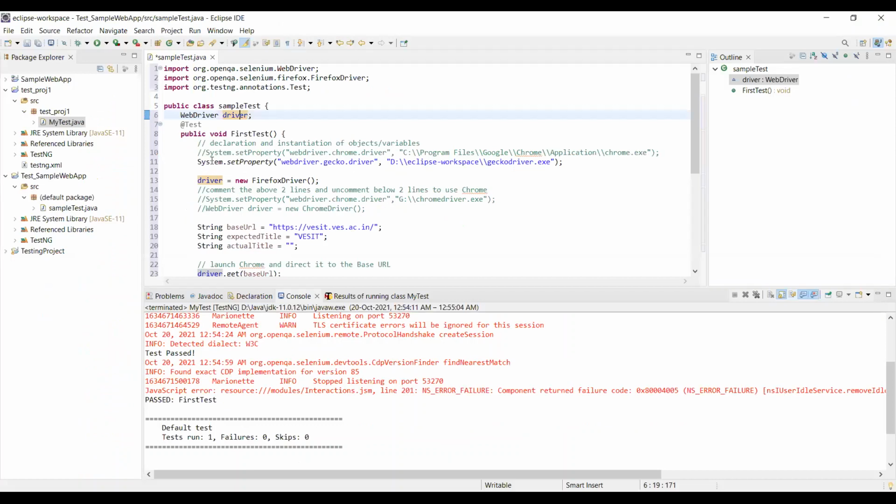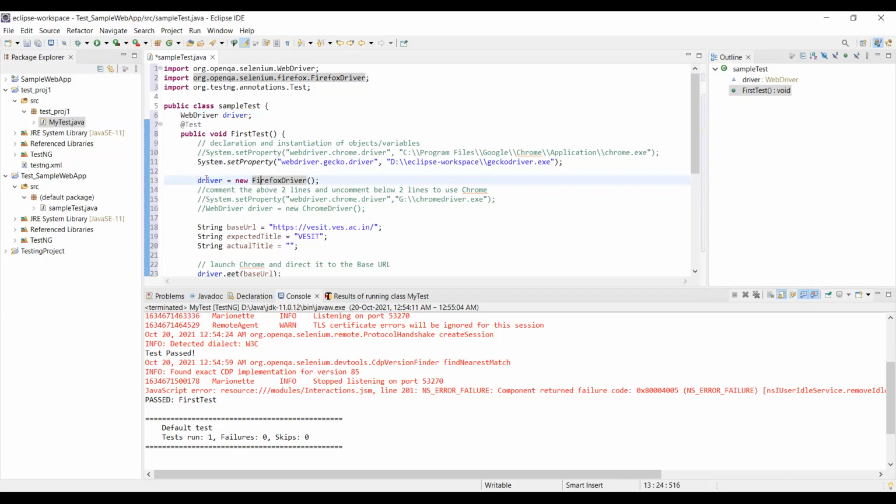So we'll be adding this driver into our system properties. So System.setProperty webdriver.gecko.driver, and we'll be giving a location where this Gecko driver can be found. We've stored this geckodriver.exe file in our D drive. You can download this from the official website. Once this property is set, you can just create a new driver for your Firefox. So the Firefox driver will be created.